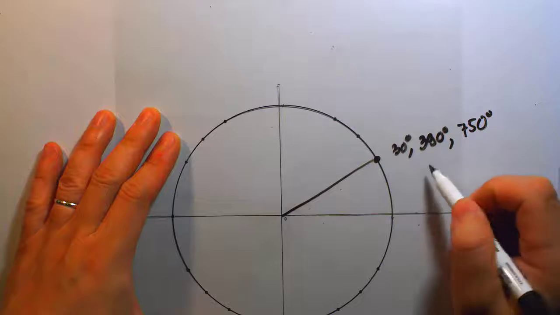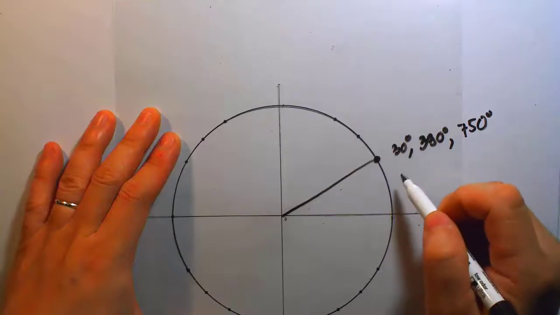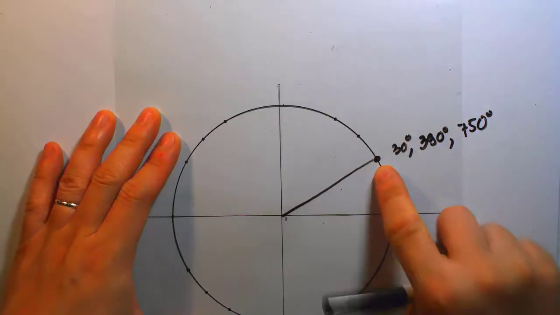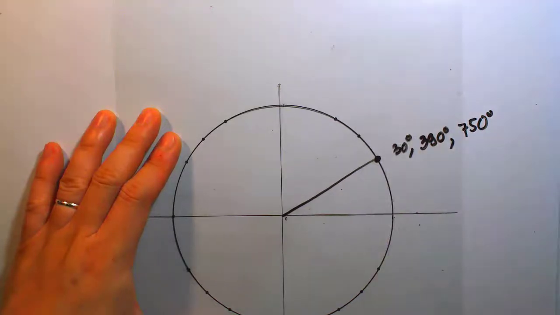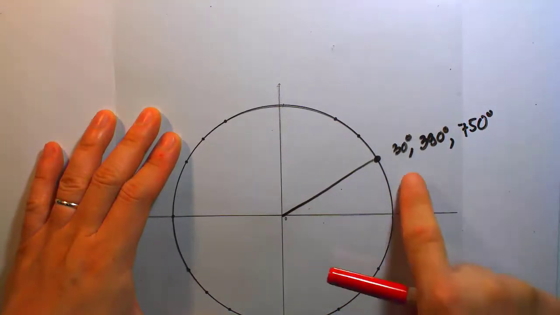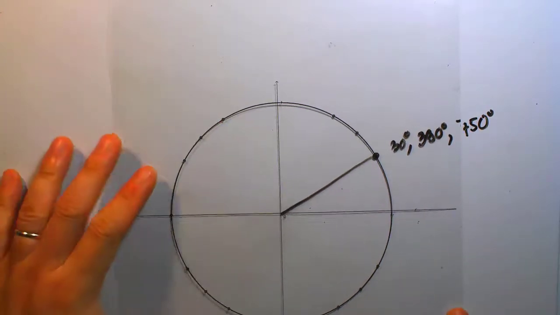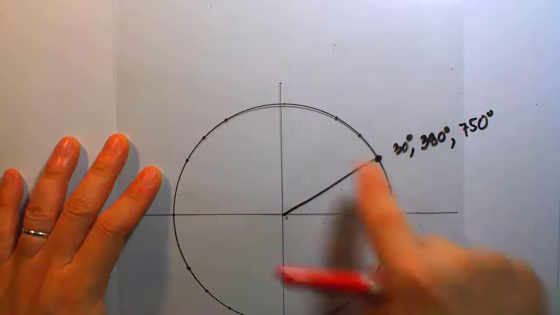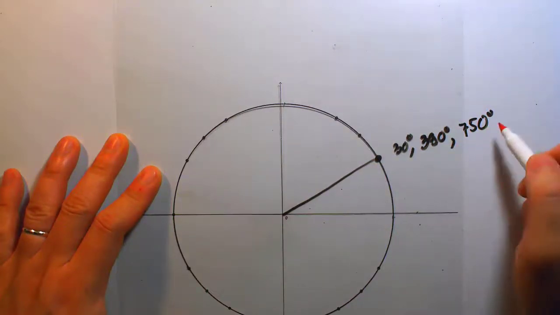So in the end, what we realize is that all of these angles land into the same terminal point. And so for that reason, all of these angles, and many more produced by making complete rotations after that,